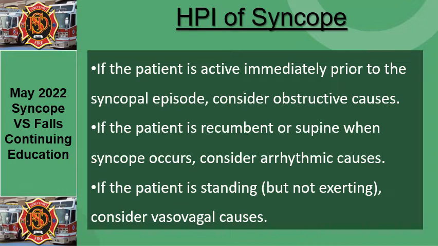If the patient is recumbent or supine when it happens, consider an arrhythmic cause. If the patient's standing but they're not really doing much, consider a vasovagal cause. Understanding that positions in time and space also make a huge difference in calculating your disposition and your differential for this patient. Say, for example, this patient was asleep and all of a sudden they woke up with chest pain